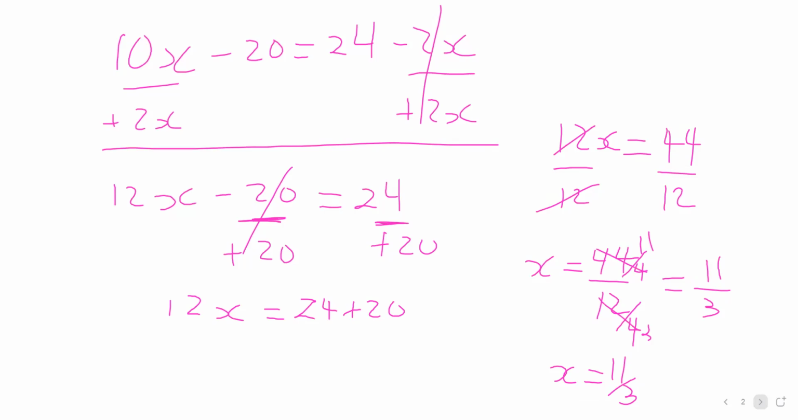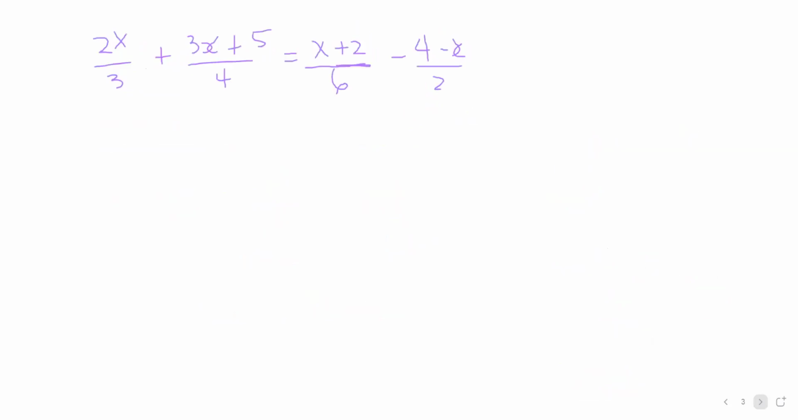All right, another problem. In this one, I've got 2x divided by 3 plus 3x plus 5 divided by 4 equals x plus 2 over 6 minus 4 minus x over 2. Again, the first step is to find your LCD. So the LCD for 3, 4, 6, and 2. Because 6 is the largest number,